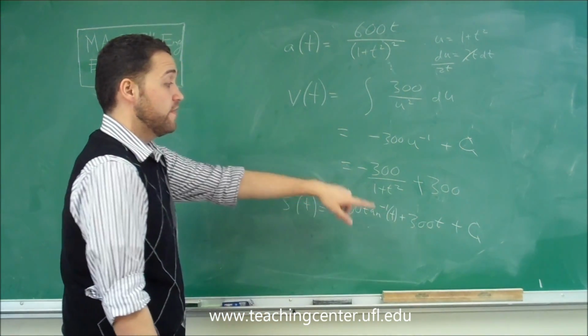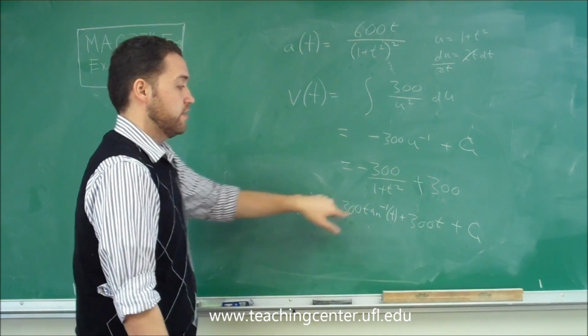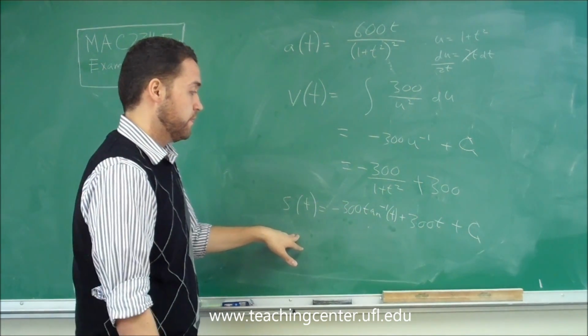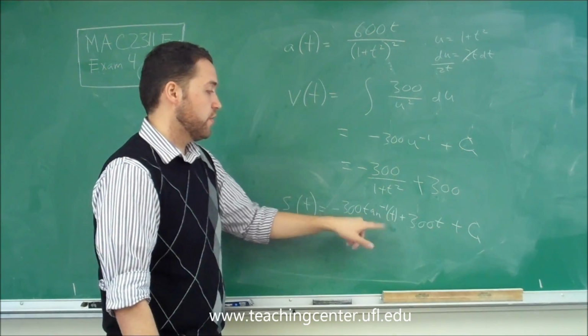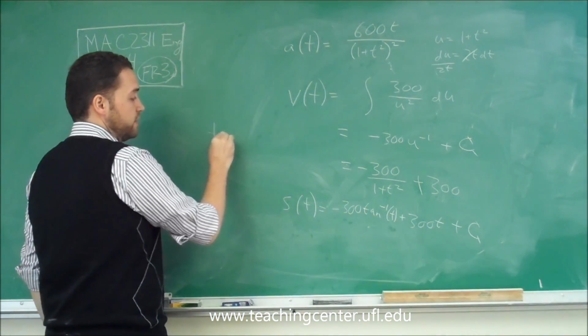And now we can go ahead and solve for that integration constant, because they said if we plug in 0 for t, we can set this equal to 0. So if you plug in 0 here, this goes away. If you plug in 0 here, what's arctangent of 0? Well, saying arctangent of 0,